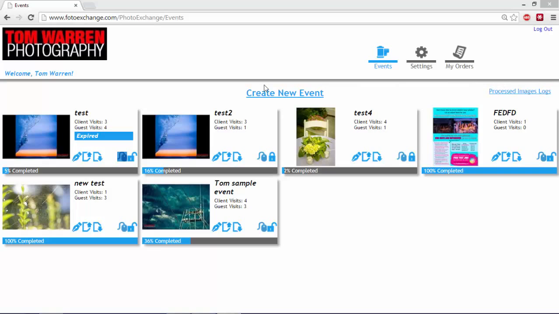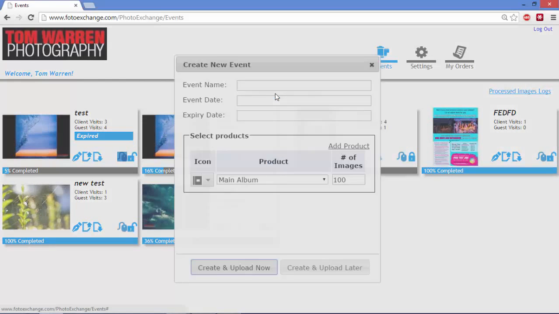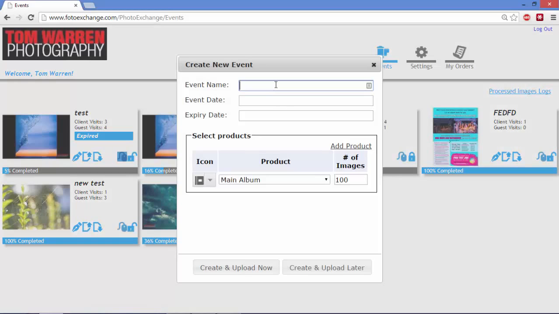Okay, let's get started. So once you log into your account as a photographer, you'll be able to see create a new event. So we're going to click here, give it a name, usually the name of the couple or the type of event it is. So I'll just say test